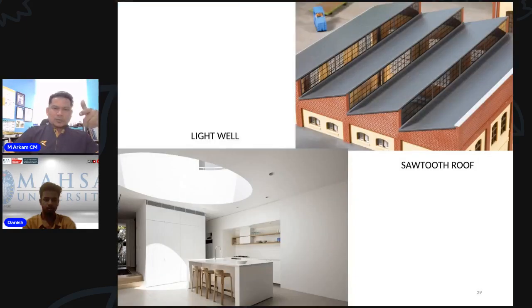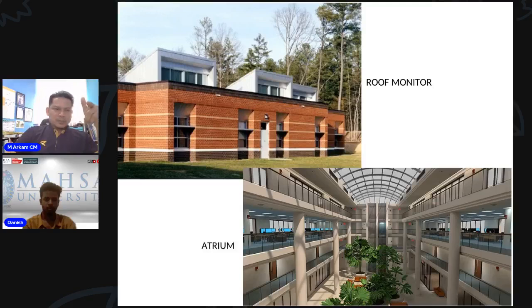Light well, sawtooth roof. The sawtooth roof is not popular in our climate because it faces one direction. In the northern hemisphere it faces the south, and in the southern hemisphere it faces the north. Regarding the sun path that we have been talking about just now, light well is also one of the approaches. Roof monitor is very popular here in Malaysia. Atrium is also very popular here in Malaysia. So we need to understand the positioning of the sun and where to put our atrium to optimize the light illuminance from the sun to be useful in the indoor building. So it can be designed, it can be simulated as well.